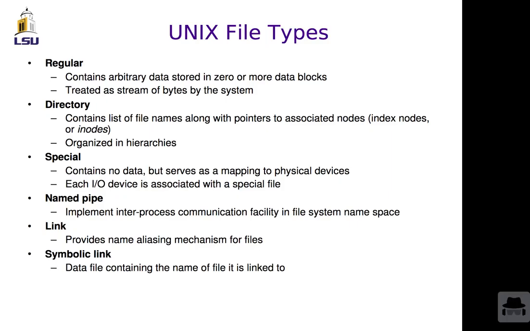Named pipe. This is a way for the operating system to track a file. Let's call it a file or a named thing that can then be used for two programs to communicate with one another. This is called IPC, or inter-process communication. They're very neat. I'm not going to talk much about them, but basically you can create a named pipe, and